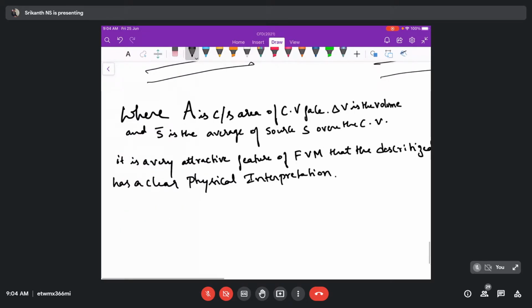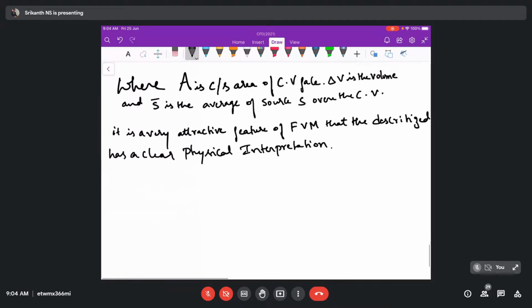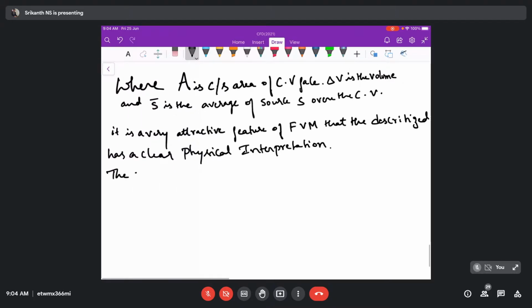What is that physical meaning? We will try to write it. The equation states that, what is it going to state? The diffusive flux. See, why I am writing all these things is for you to understand. Once you start reading it, you will be able to understand. That's why I'm writing it. Otherwise I would have skipped this and just explained the process and left it. I want you to read all these things.